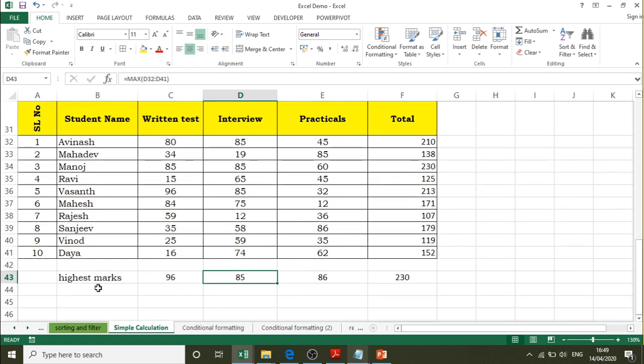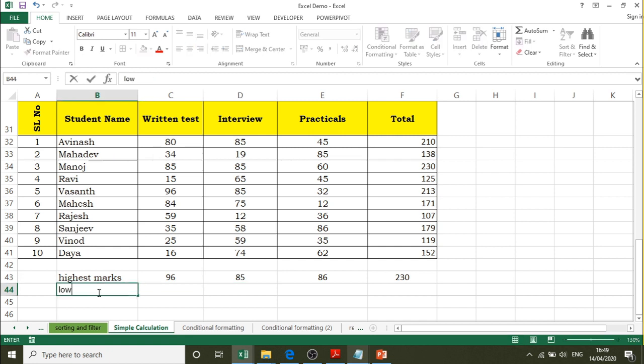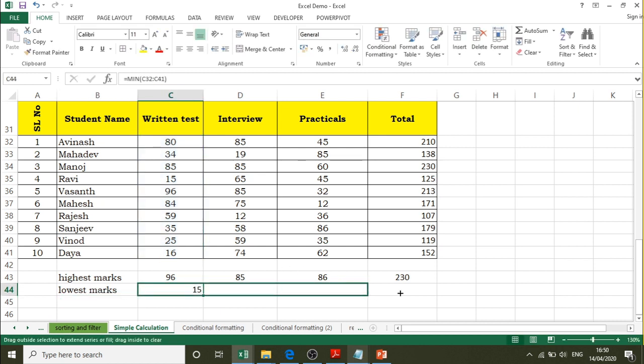Similarly, we will use the lowest, or in Excel words we can call it minimum. So here equals minimum, and provide the range of cells. So this is the minimum value. Same thing you can do here also.